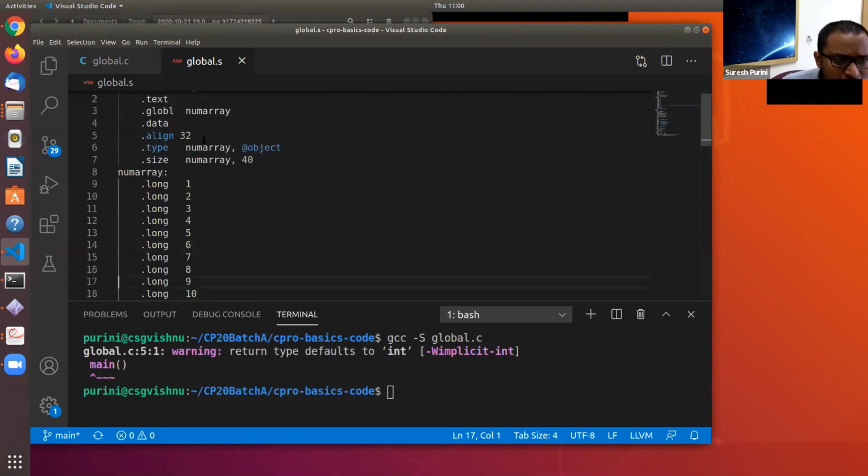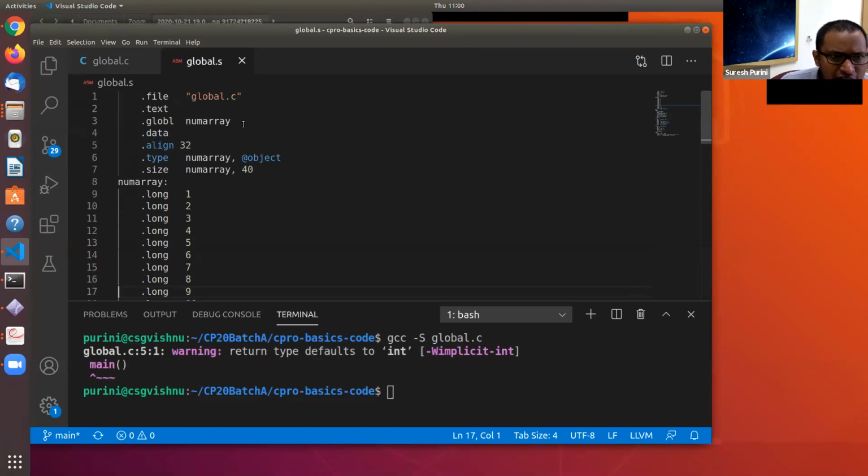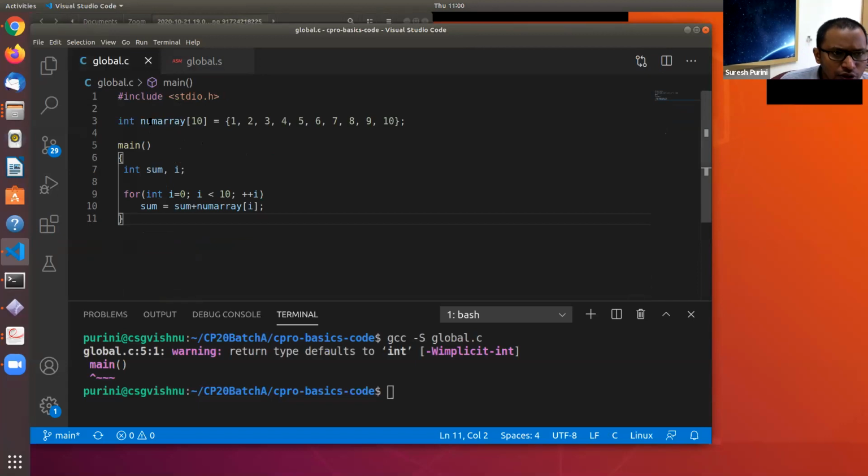The second thing you will see is your num array is declared global, if I am right. So this num array is visible to a function which is written in a different file. When your whole program is spread across multiple files, unless we make this static, its scope is the whole program.